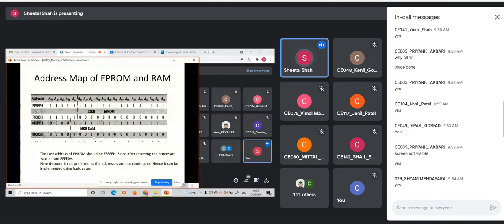Is this clear? So these addresses, since 14 bits are used to address the memory location in the EEPROM, A1 to A14, the lower order bits, would be connected to the EEPROM IC, whereas the higher order bits, A15 to A19, can be used as a chip select line. Is it clear now?